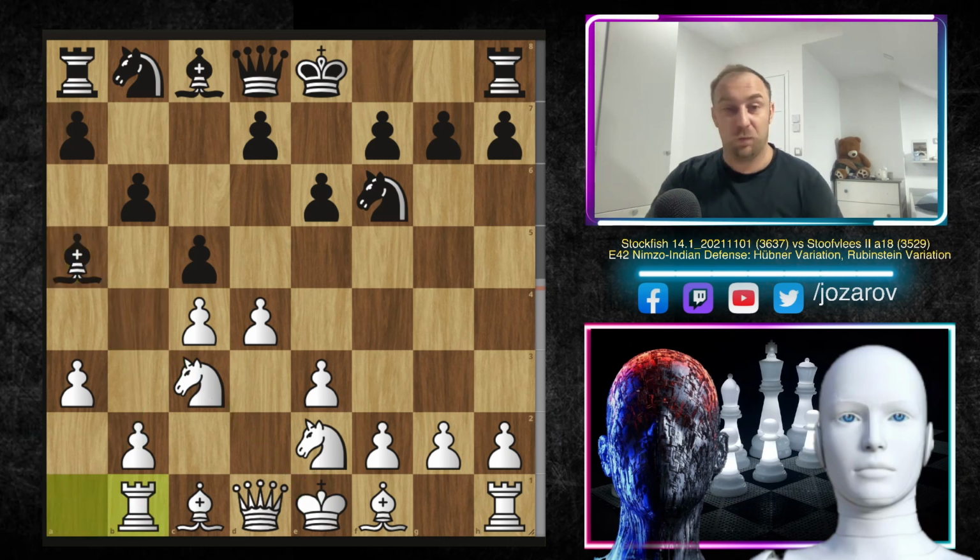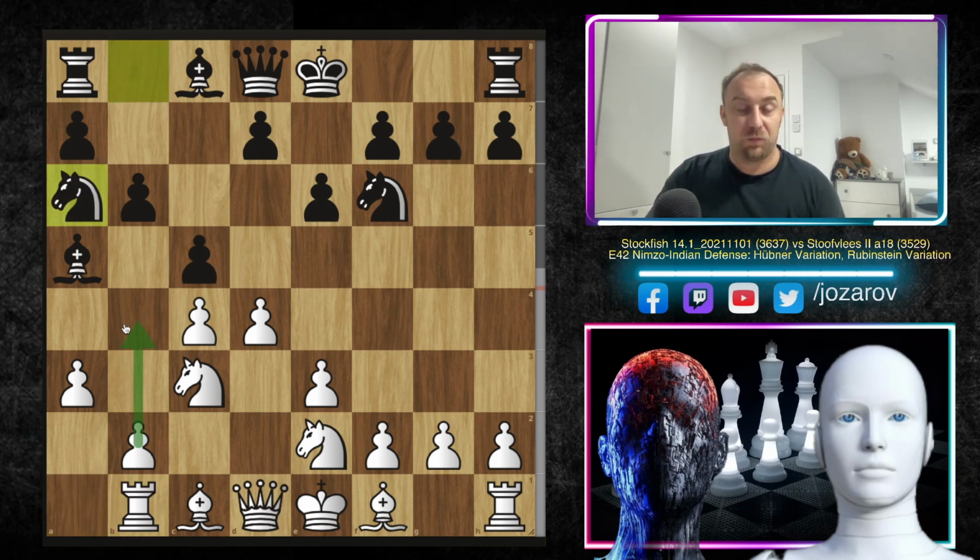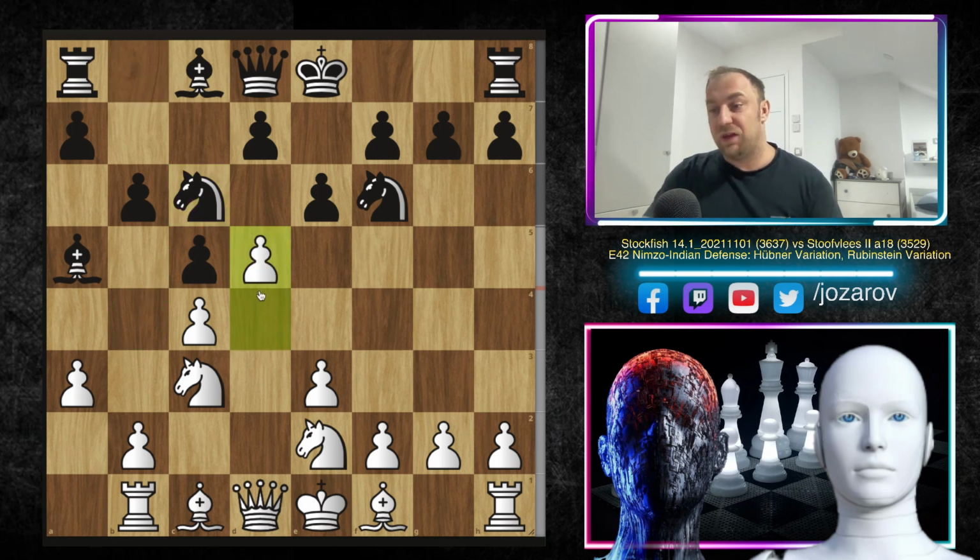Stockfish played simply rook to b1, trying now the move b4, but now with the move knight to a6 you see Stoofvlees is also blocking out the potential b4 move of white. So here you cannot play knight to c6 in order to do the same thing, because you get challenged immediately